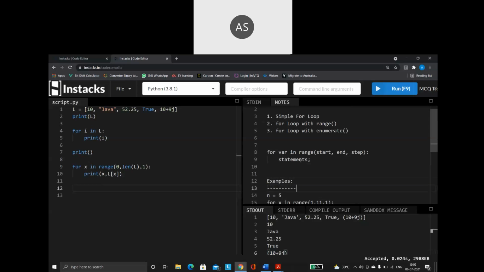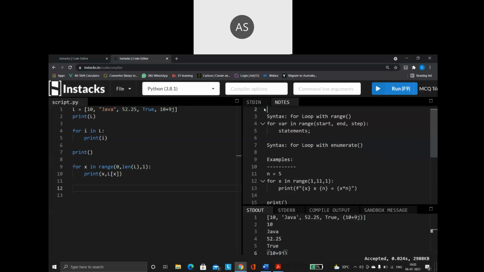Okay. So let us see this syntax. This is the syntax for the for loop with range. Okay, now we'll go for the syntax of the for loop with the enumerate function. So what is it?